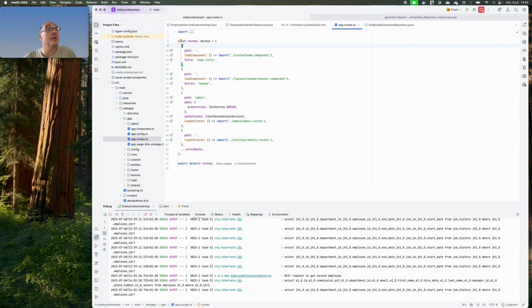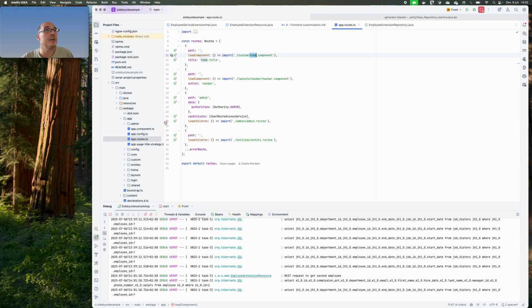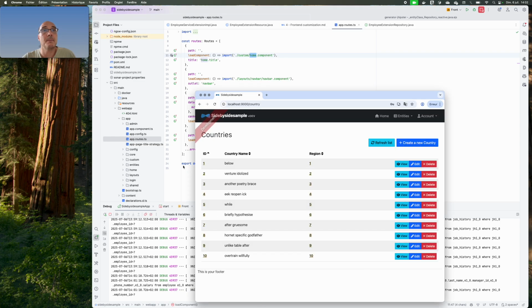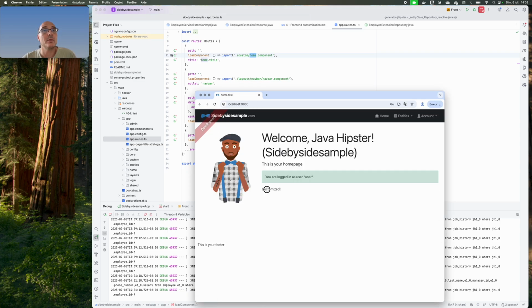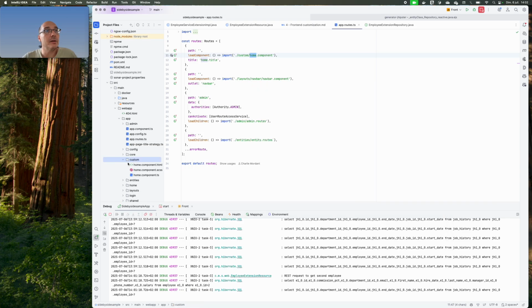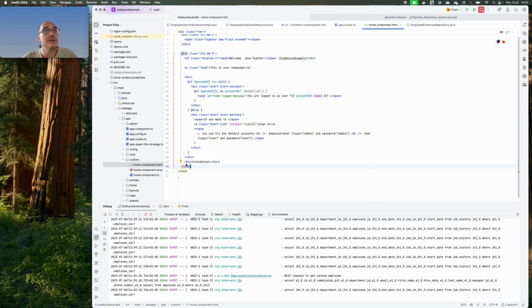Here, I just have to modify this route in order to have Angular redirect to my custom home page, so that this is my custom home page that will be taken into account. Let's see that. You see, customized. And here, of course, this is the result of my customization.